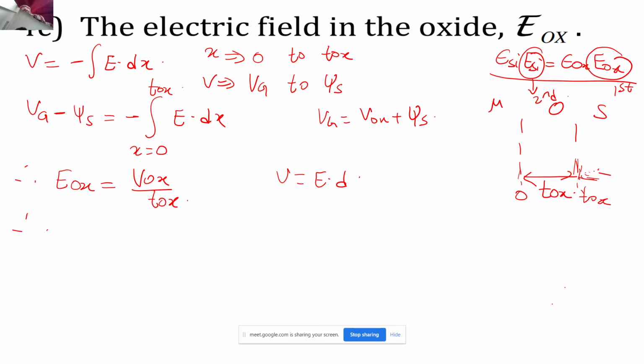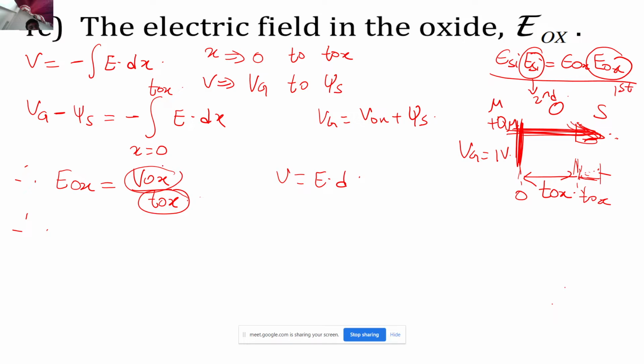And one more thing to note is that the electric field direction will be from left to right. It is from left to right because Vg is equal to 1 volt over here that we are applying, and here we have accumulated a positive QM. Correspondingly, there is going to be a depletion and maybe some inversion. So that's why electric field will always be directed in this direction. So if you have any confusion, then just know that electric field is from left to right. Don't worry about any negative signs as of now. So now what I'm going to do over here is that first of all the TOX has been given to me, right?